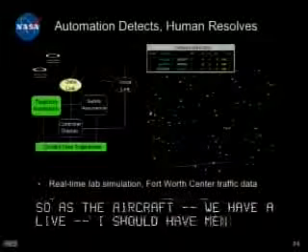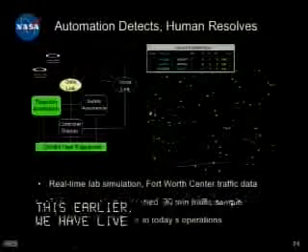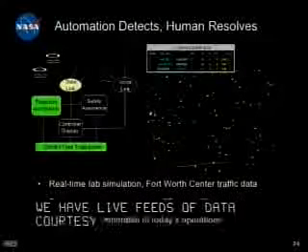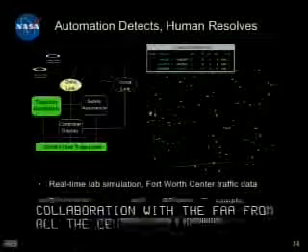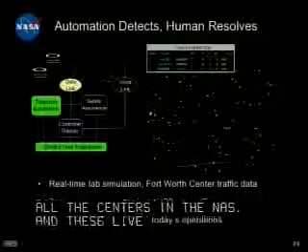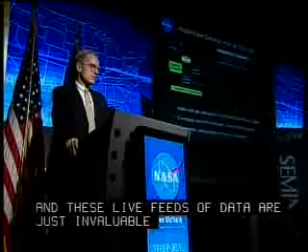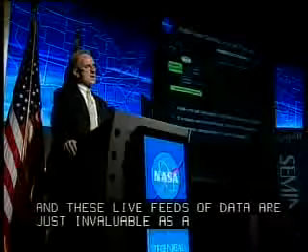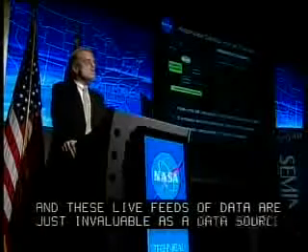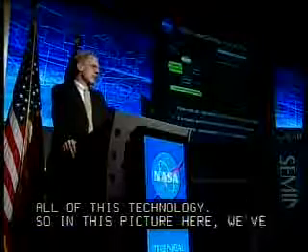We have live feeds of data, courtesy of our close collaboration with the FAA, from all the centers in the NAS, and these live feeds of data are just invaluable as a data source for developing and verifying all of this technology. So in this picture here, we've chosen these 5 sectors in the southeast corner of the Fort